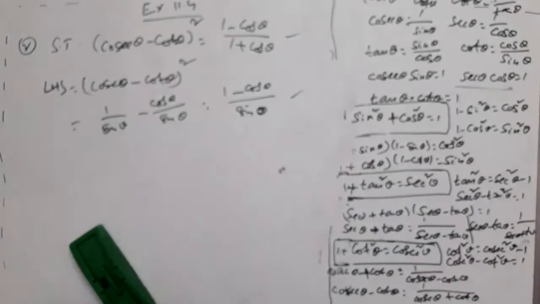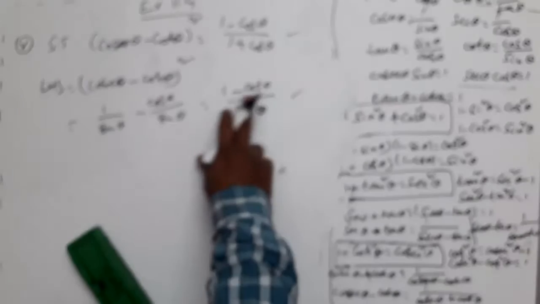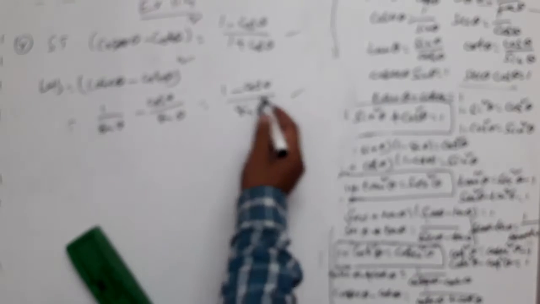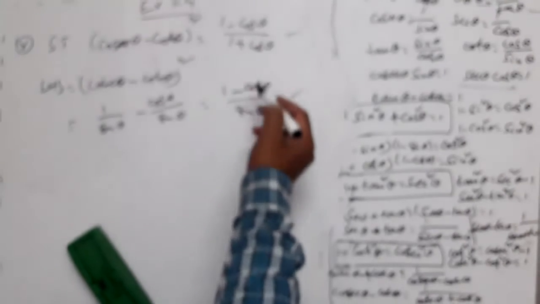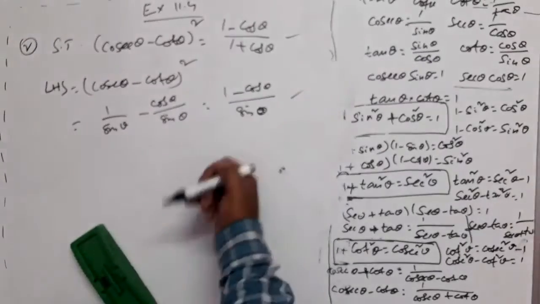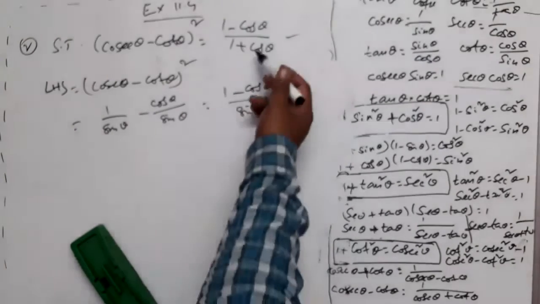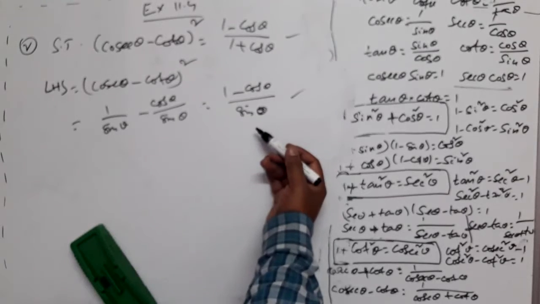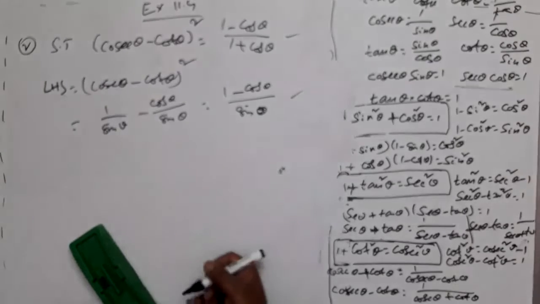This is the expression you got, but you want the other expression. What shall we do? How shall we proceed? You don't want denominator sin theta. Denominator also should be in terms of cos. Numerator, I don't have any problem with numerator. 1 minus cos, I already have. In the place of sin theta, I want 1 plus cos theta. What shall we do?